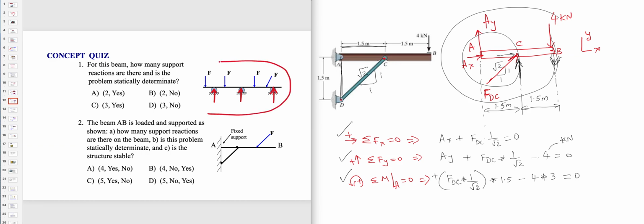Tell me, what is sigma Fx equal to 0? When you apply sigma Fx equal to 0, the x component of only this force, that would come to 0. That means you get F should be equal to 0. That means all these F's will be 0 and all these reaction forces will be 0. So if I give you any value for F, this can't withstand because there is no reaction force in the x for this, because these are all roller supports and you only have the y reaction forces and no x reaction forces. So when you have no x reaction forces, if you have an external x